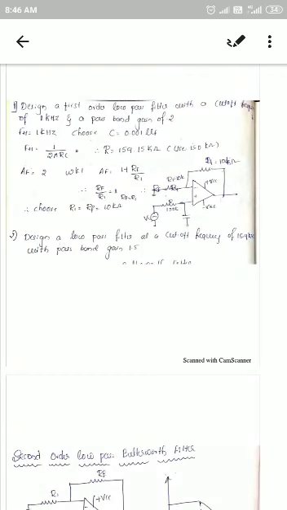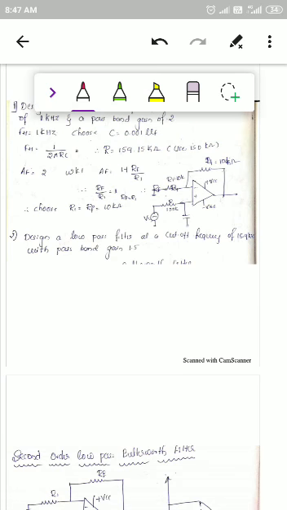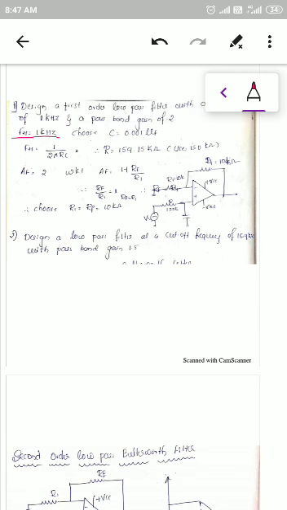So this is the problem we have to take. Design a first order low pass filter with a cutoff frequency of 1 kilohertz and a pass band gain of 2. So here the cutoff frequency FH is given as 1 kilohertz, and you just have to choose a lower value of the capacitance, that is 0.001 microfarad. We know that FH is 1 divided by 2 pi RC. From this, substitute all other given values and calculate the R value. We will arrive at 159.15 kilo ohm, and the nearest standard value I have chosen is 150 kilo ohm.